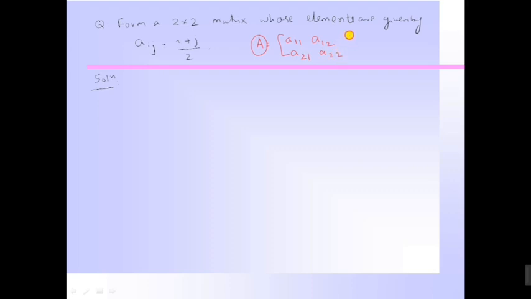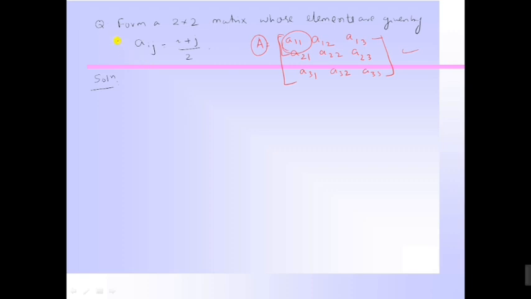If I want to write this one, this is the element of first row and third column. This is the element of second row and third column. If I want to increase the rows and columns, this is the third row and first column. This is the third row and second column. This is the third row and the third column. So you give a bracket over here, it becomes a matrix. That means whenever I write an element A11, it is the element of first row and first column. This is the first row and second column. This is the first row and third column.